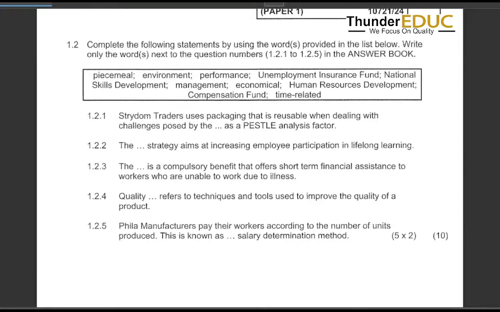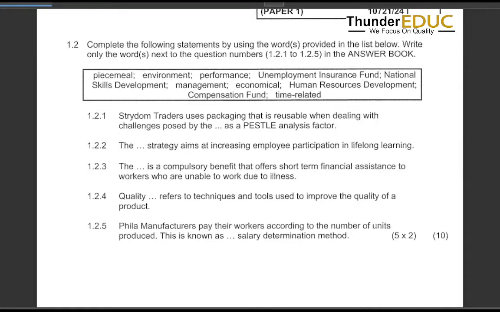Now if you check inside this grid, we are actually given the terms or the concepts. We have PESTEL, we have environment, we have performance, Unemployment Insurance Fund, we have National Skills Development, we have management, we have economical, human resources development, as well as Compensation Fund and time related. So now the first question reads as follows. 1.2.1, Stadium Traders uses packaging that is reusable when dealing with challenges posed by the